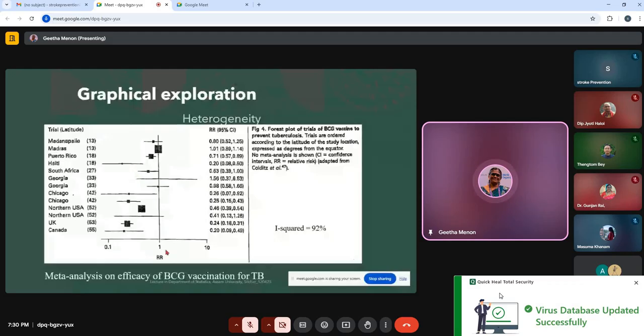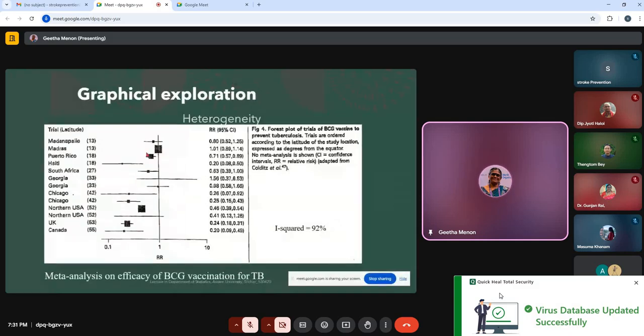Some of them say that the risk ratio is lower than one, saying that BCG vaccination is protective for TB. There are others which do not have anything, because they are lying on the reference line, saying they are not very clear whether it is protective or not protective. But there are certain other studies which are small, with smaller sample sizes, which clearly say that BCG vaccination is protective. However, when a systematic review, or sorry, a meta-analysis was done, we found that the I square was 92%,